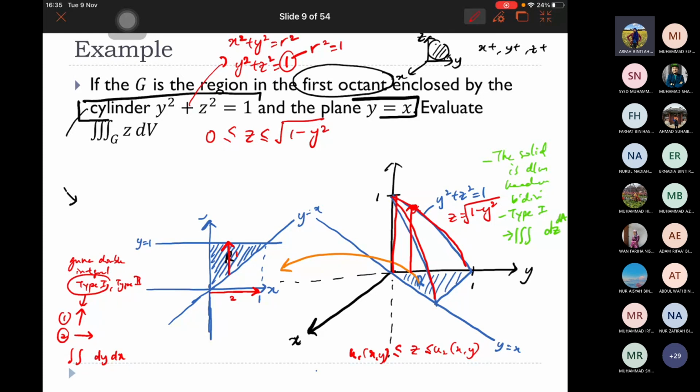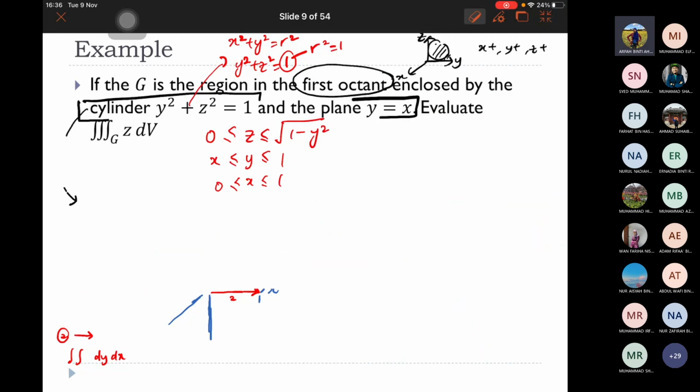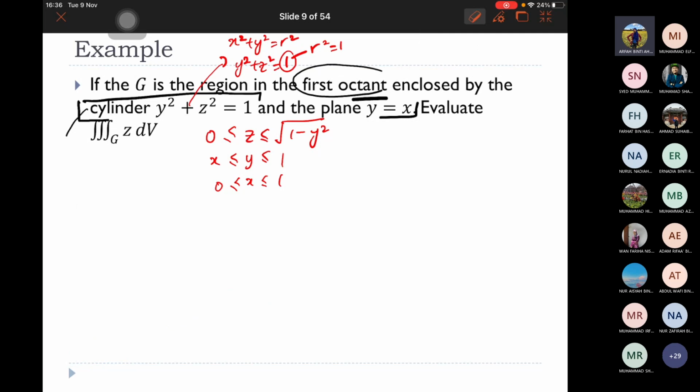Okay. Then menggunakan type 1 ni pula, equation untuk apa nama dia? Saya nak ambil dy dan juga dx. So y daripada garisan ni sampai sini, daripada garisan y sama dengan x sampai y sama dengan 1. Dan boundary untuk x pula berada antara 0 sampai 1. So itu adalah dia punya boundary of the integration. So evaluate the integral, meaning that the integration will become, okay, dia akan jadi sama dengan